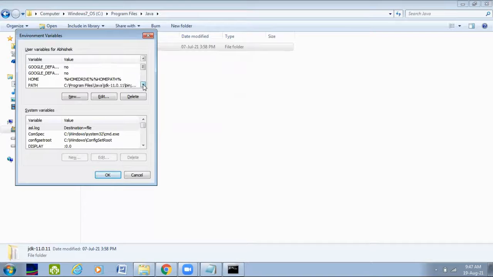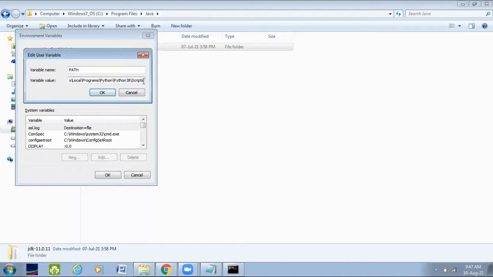Then just search for path. See, here is the path, then go to edit, and after the last line, add a semicolon, and then just paste your address, this computer, C drive, Java folder. It will start working.